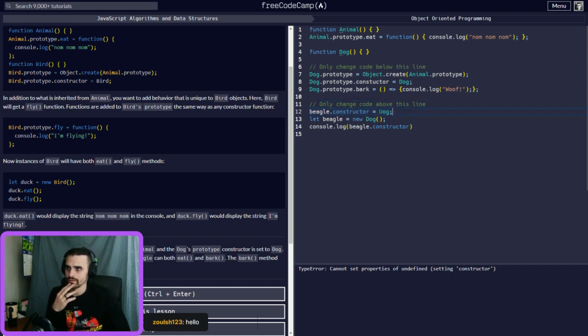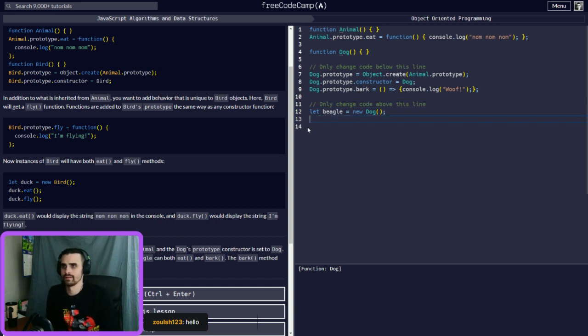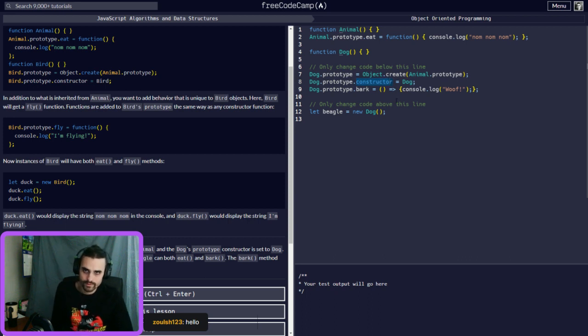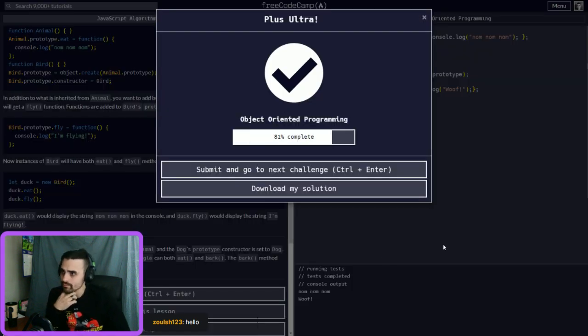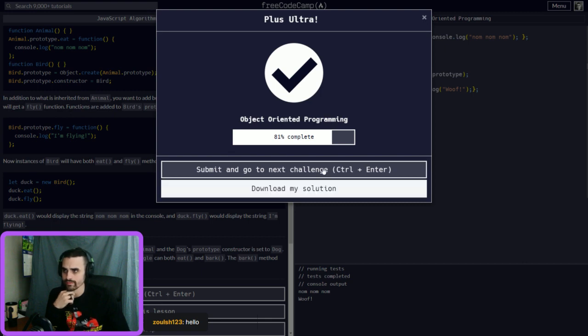That's probably why it didn't work. I did it wrong. I was wondering why that wasn't... Okay, there we go. I spelled constructor wrong, and I should have noticed that when it was in blue. Okay. There we go. Because it overwrites it with animal, you need to set it back to dog.